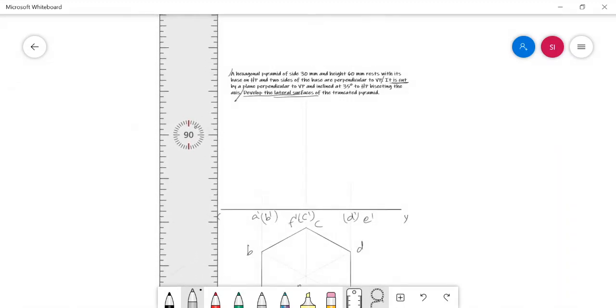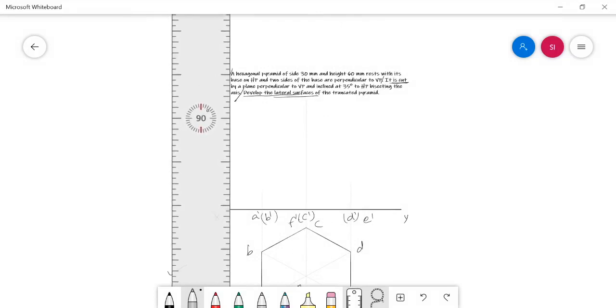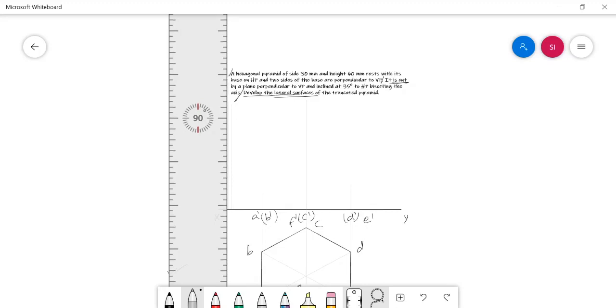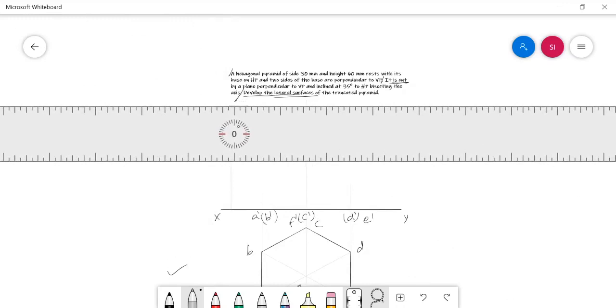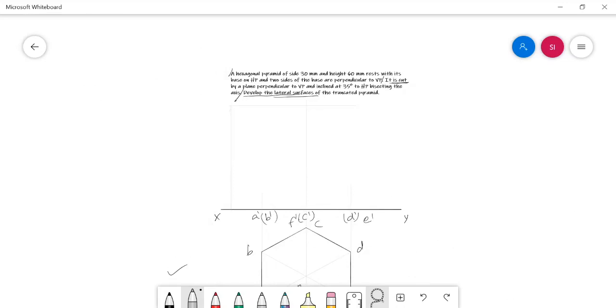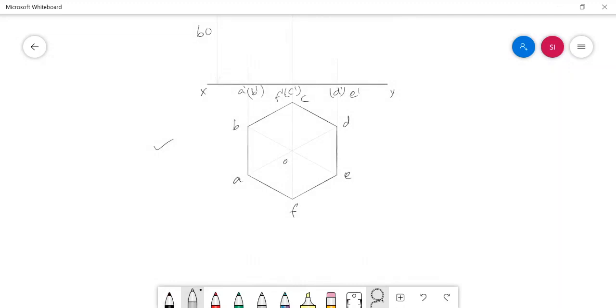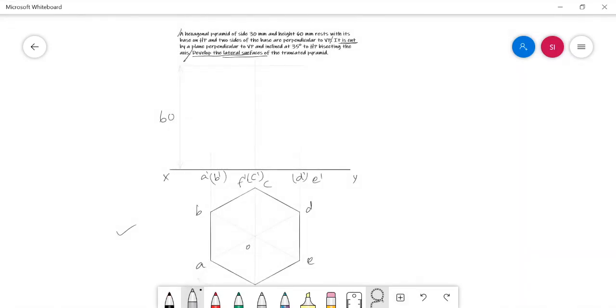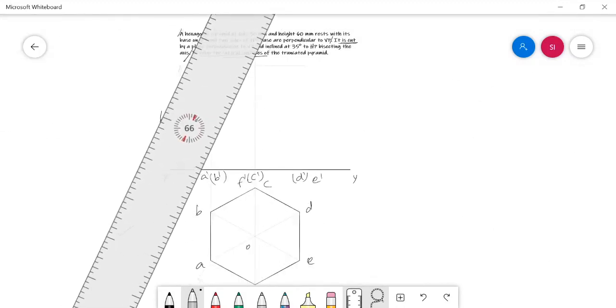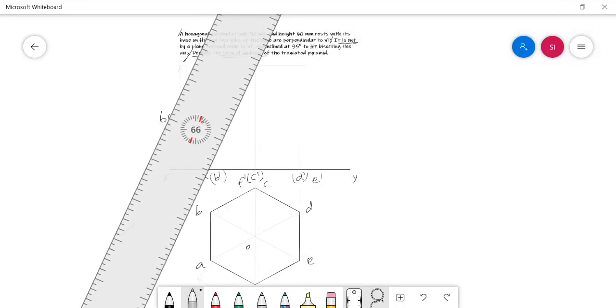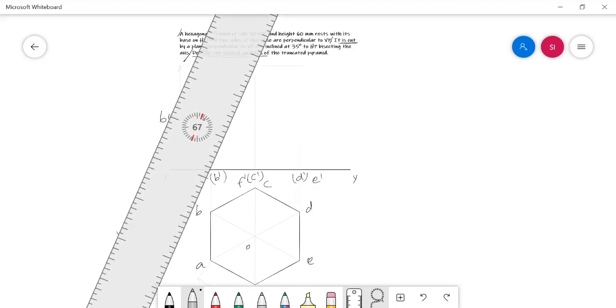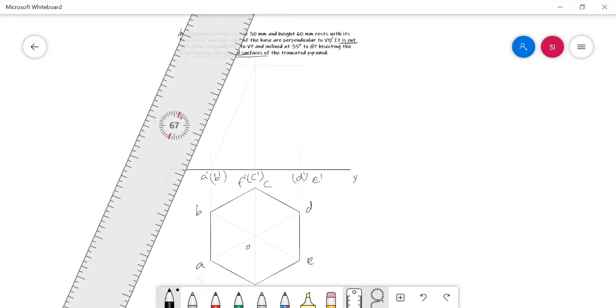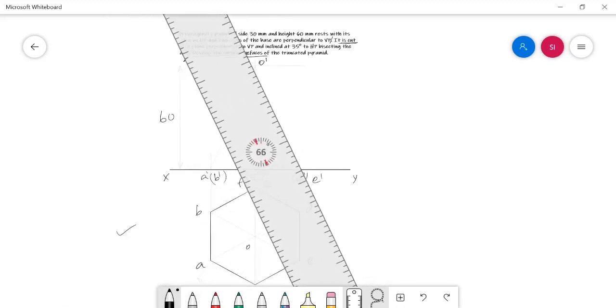And let's consider the axis height of the solid, it is 60 mm. The base side is 30 mm. It is O dash.